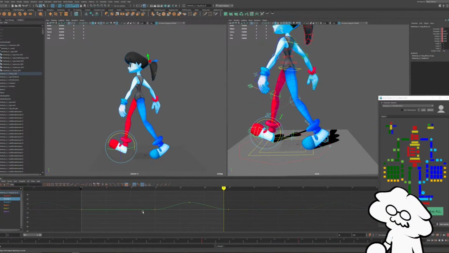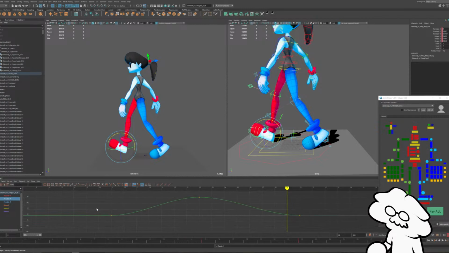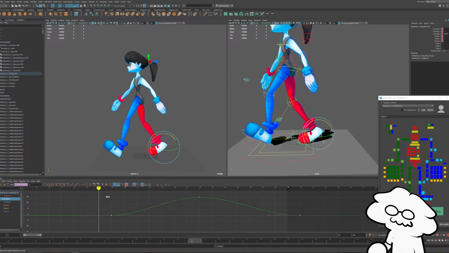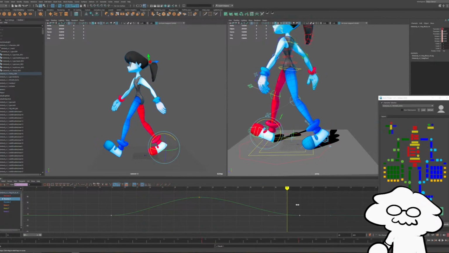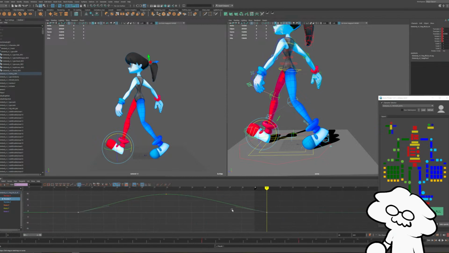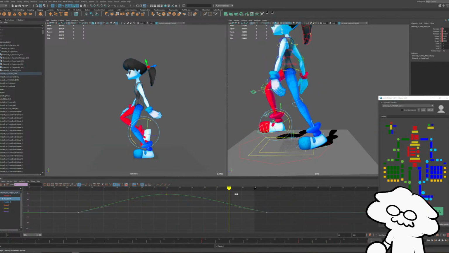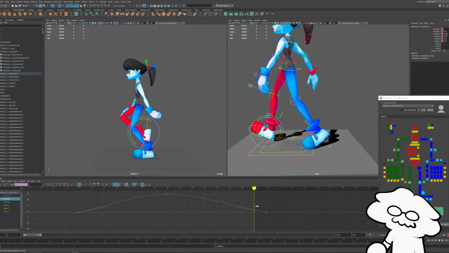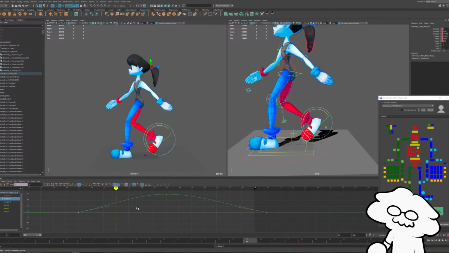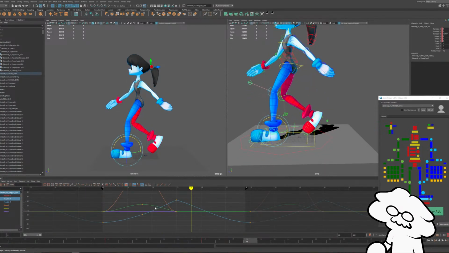And then for the translate keys, we'll do the same thing. We're going to make these linear keys. So when it's coming off the ground, it's slow. But when it's hitting the ground, it's going at a consistent pace. Like that. Looks good. And then we'll do the same for the other foot.